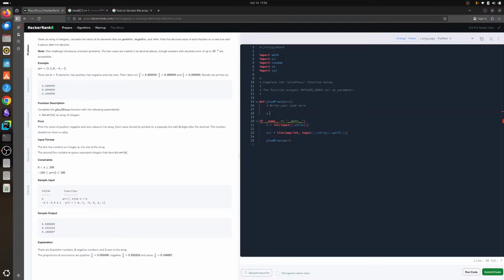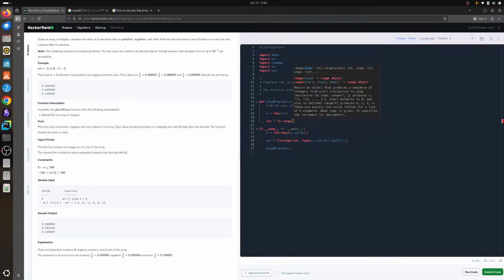So let's consider a equals to len of arr. Okay, for i in range of a,